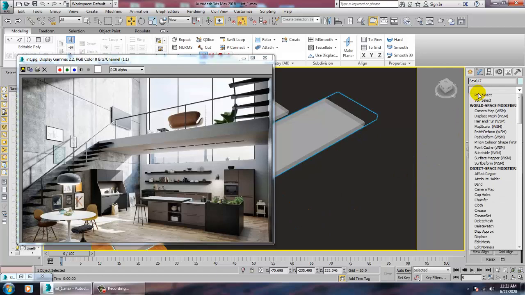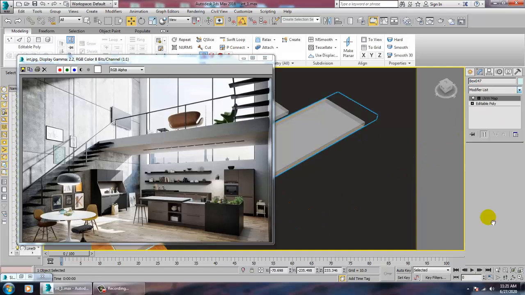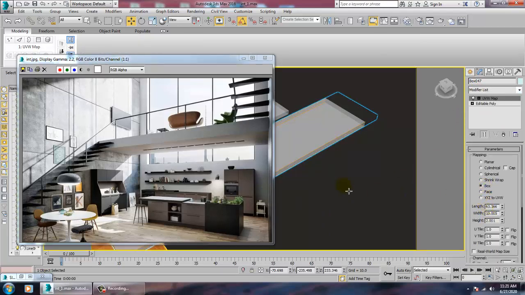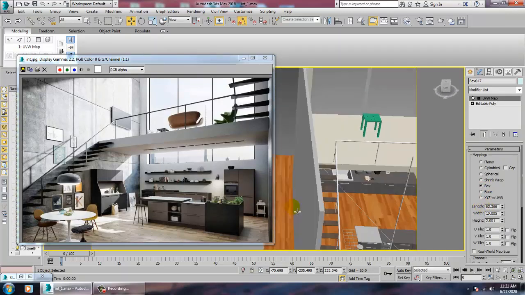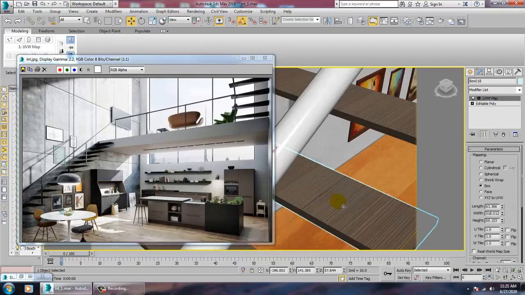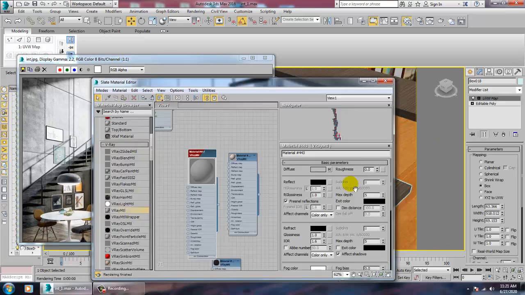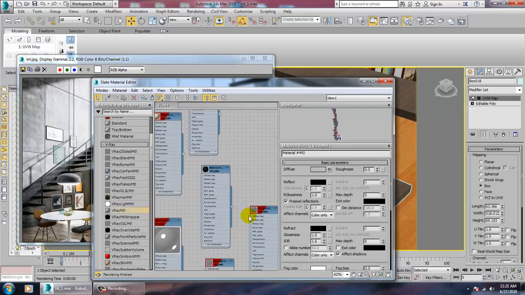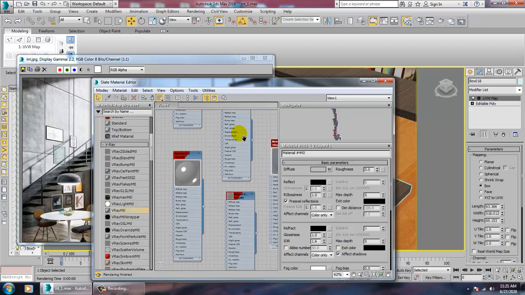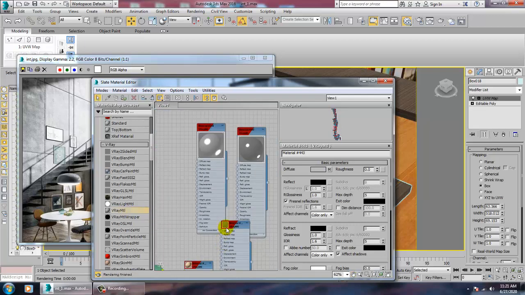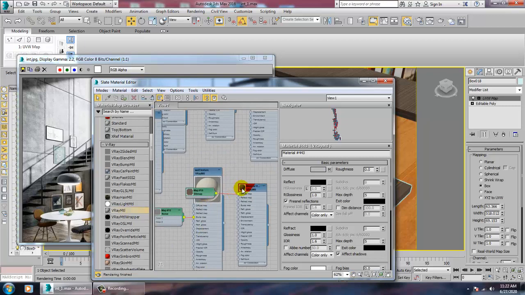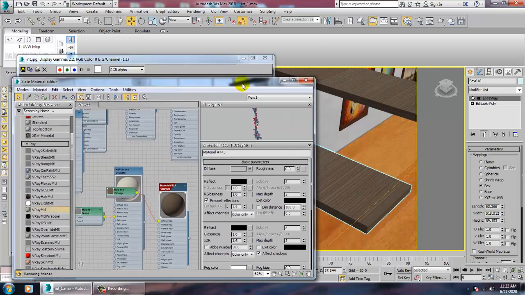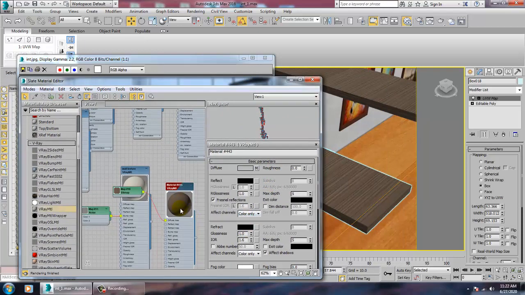So let's give a UVW map. I think this is not the right texture for this. So make sure you rename the textures properly. If you're not renaming it, then it would be a kind of a problem. I think this is a texture over here.